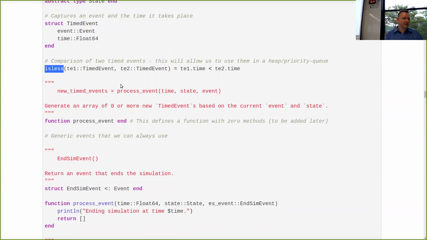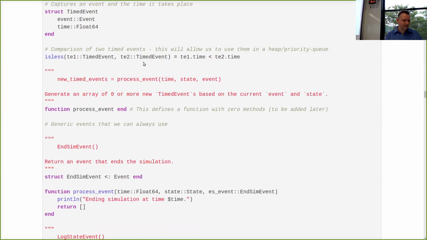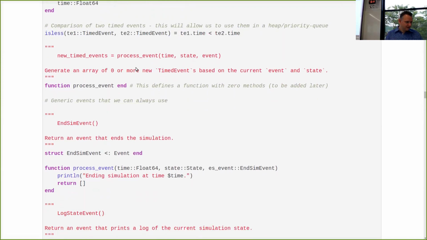So is-less sort of always returns a Boolean. It's always reflexive and transitive. It's meant to be a total ordering. All